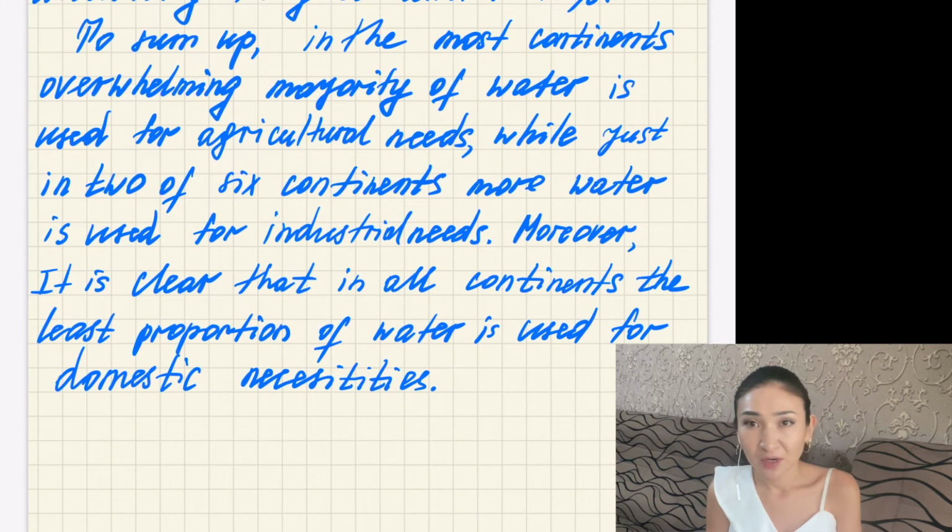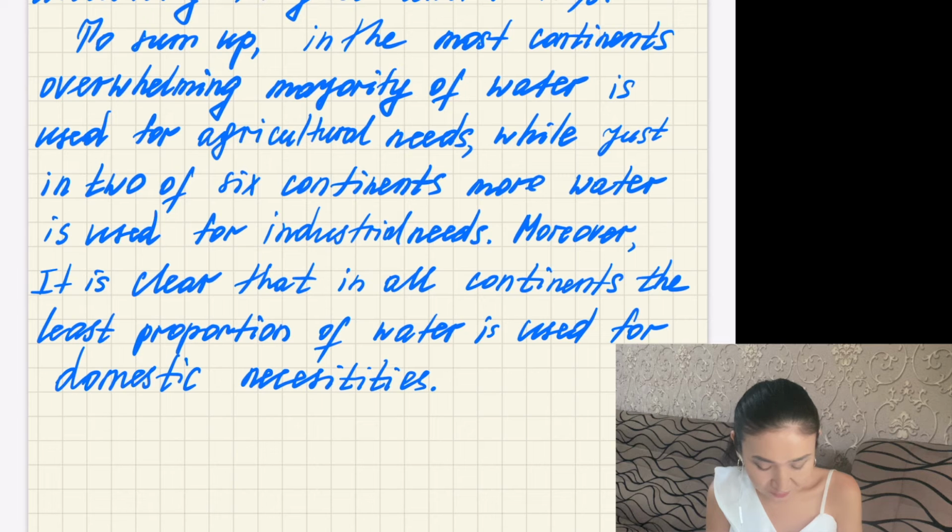And it's up to you guys. You can use to summarize or just use other linking words, but I use to sum up because it has 3 words. So to sum up, in most continents, an overwhelming majority of water is used for agricultural needs,